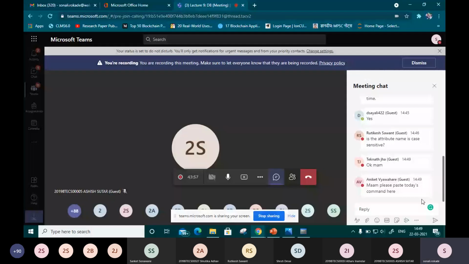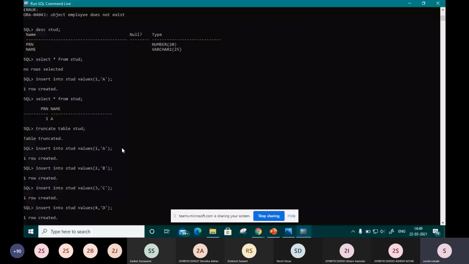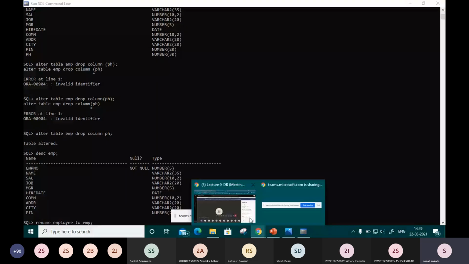Please paste today's commands here. Paste means what? This whole data. Aniket, do you want this whole data?